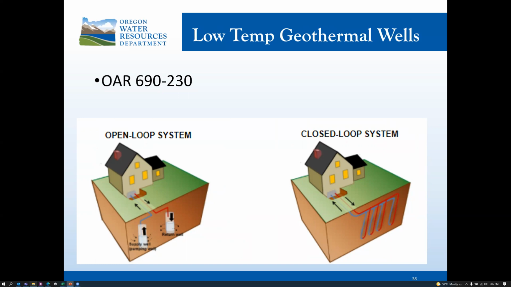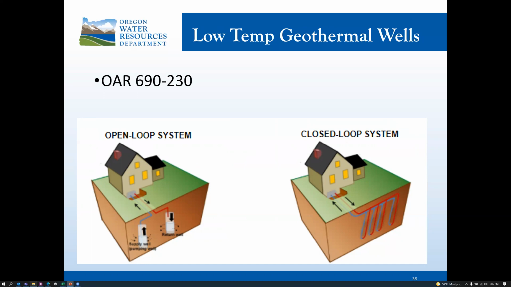So what is the definition of low temperature geothermal production well? It means any well where the bottom hole temperature is less than 250 degrees Fahrenheit that is constructed or used for the thermal characteristics of fluid contained within. So in these diagrams here, we see the two common types of geothermal systems. On the right, we have the closed loop system. And then on the left, we have the open loop system where you have a supply well and a return